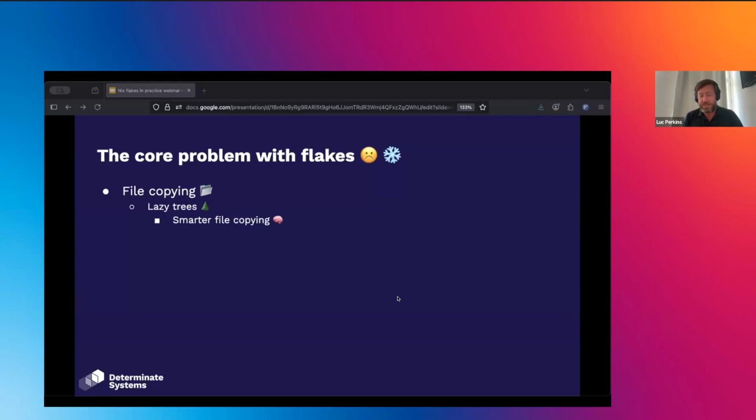Nixpkgs is a great example, but also, at the organizational level, monorepos are a great example. I once worked in a monorepo that was like 50 gigabytes, and of course, lazy trees would be absolutely vital there. We do hope that lazy trees lands in upstream Nix sometime soon, because we've seen speedups of 2x to 5x in some scenarios. But the thing is,